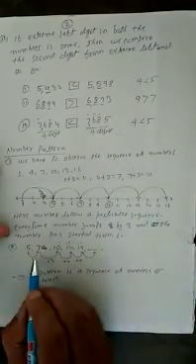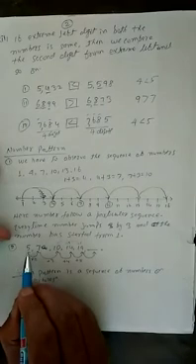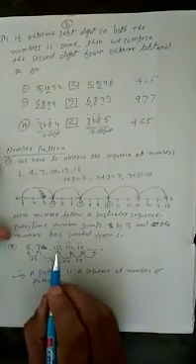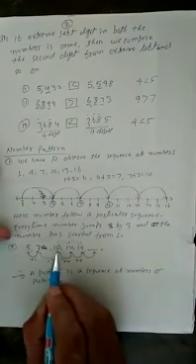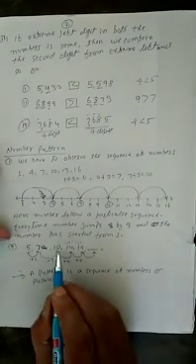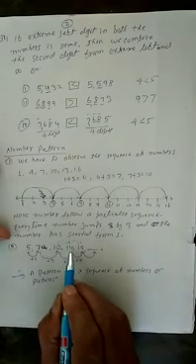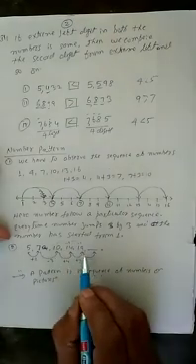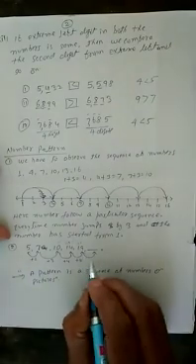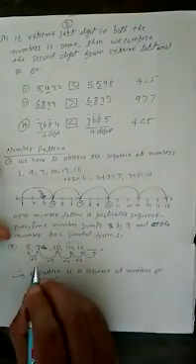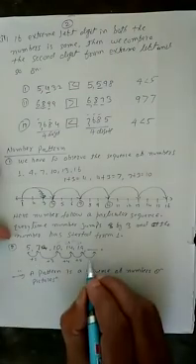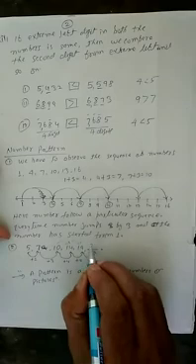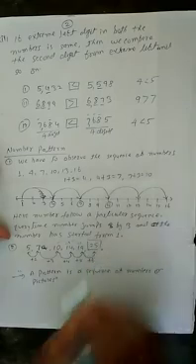We first see, from 5 we added 2. 5 plus 2 is equal to 7. Then we added 3. 7 plus 3 is equal to 10. Then we added 4. 10 plus 4 is equal to 14. Then we added 5. 14 plus 5 is equal to 19. Then what do we have to add here? From the previous pattern we have to add 6. 19 plus 6 will be equal to 25.